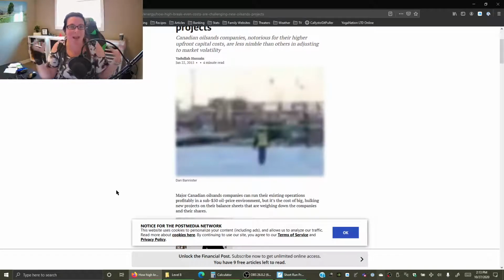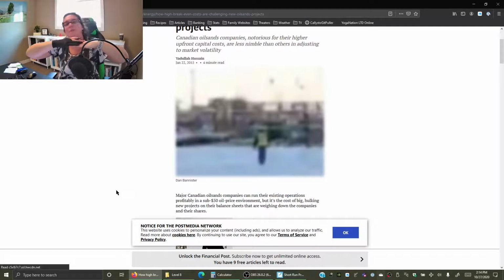But the expansion, when we talk about growing the production of oil, needs that break-even price. It needs the price of oil to be about $60 a barrel. Above that it's profitable and it's worth expanding your production. Once we get down to about $60 a barrel, you can still maintain your current operations and be profitable, but